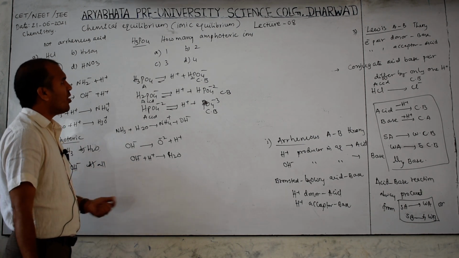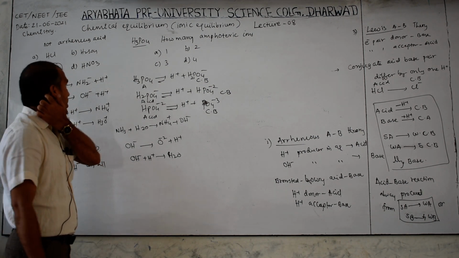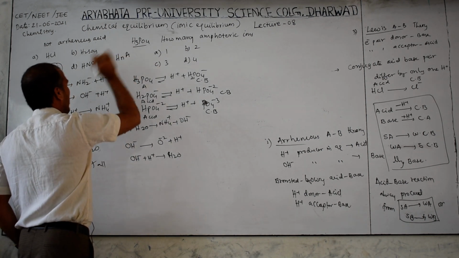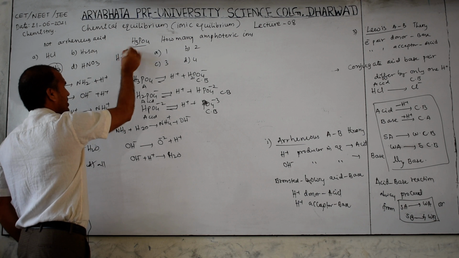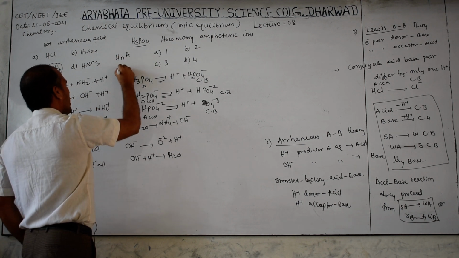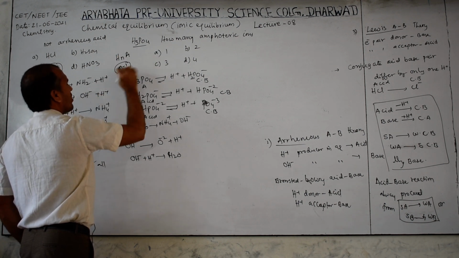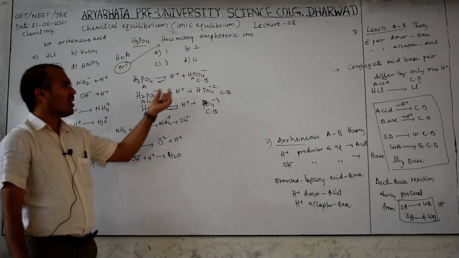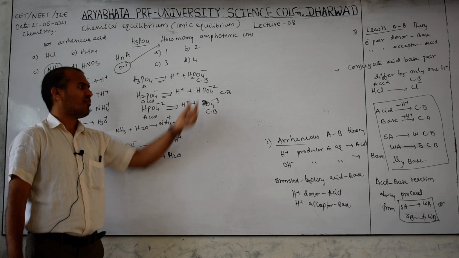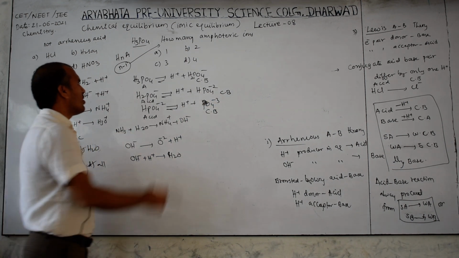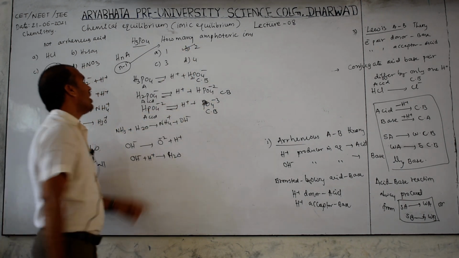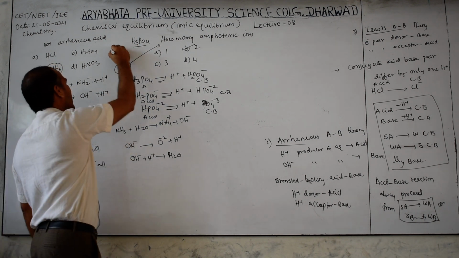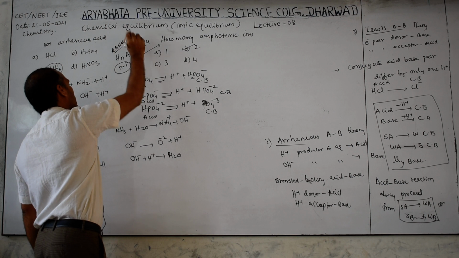Okay. Therefore, how to identify this fast in the examination? You can consider HnA. This is plus, this is anion. So n minus 1 is the number of amphoteric ions. How many amphoteric ions are there? This is amphoteric, this is amphoteric. Clear? Therefore, the answer is 2. What is the n value here? 3. 3 minus 1 how much? 2. So, rank shortcut, remember this, it is very important to answer.